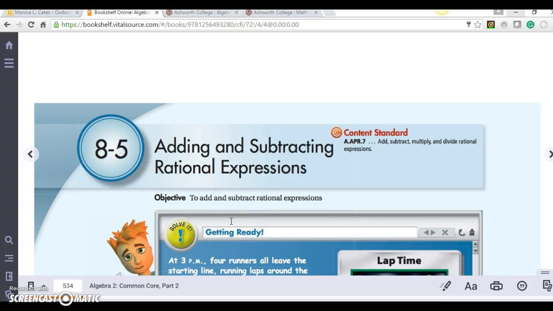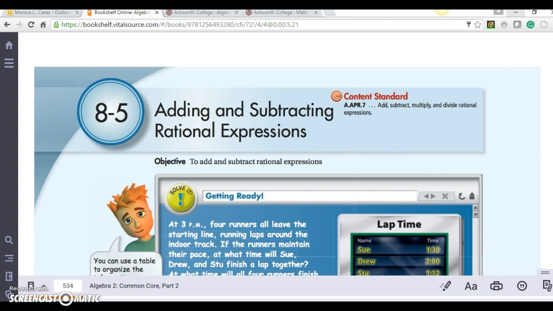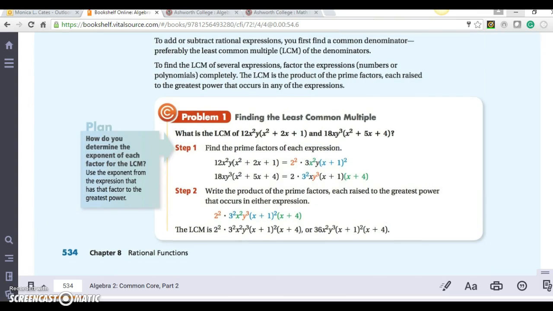Okay, we're looking at lesson 8-5, adding and subtracting rational expressions. When I add and subtract rational expressions, it's very, very similar to adding and subtracting fractions. So just like I will with a fraction, I need to know the least common multiple, or when we do a fraction, it's the least common denominator. So let's practice finding the least common multiple of a couple of